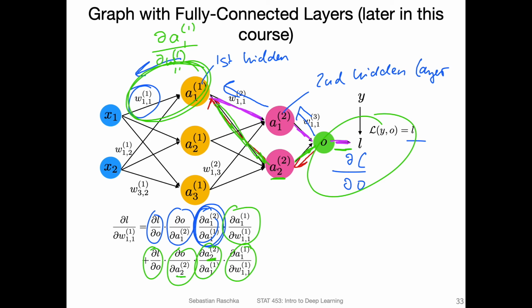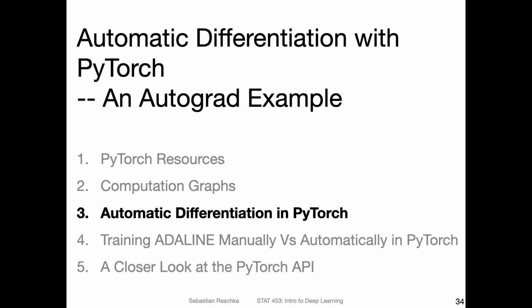But implementing this by hand, and this is only for one weight, would be very error prone, which is why we actually use deep learning frameworks that can do this automatically for us. So in the deep learning framework, we only have to provide the forward computation, and then the backward computation is derived automatically, because you can implement simple rules to do that. You just have to be careful implementing these rules once, and then you can always apply them to any arbitrary computations. Okay, so in the next video I will show you how we can do this automatic differentiation in PyTorch,